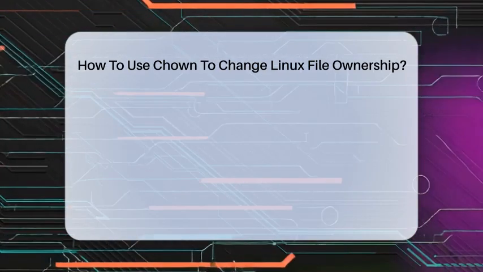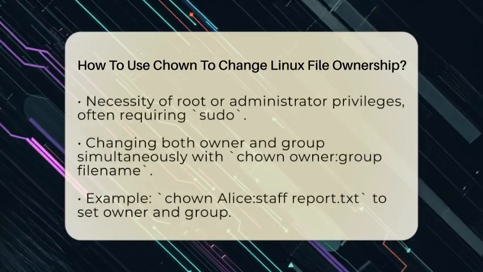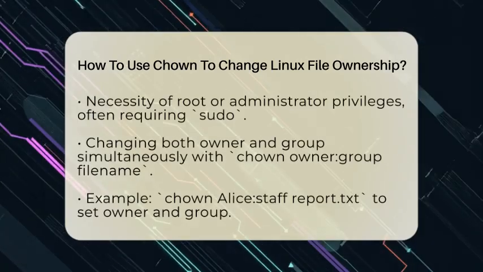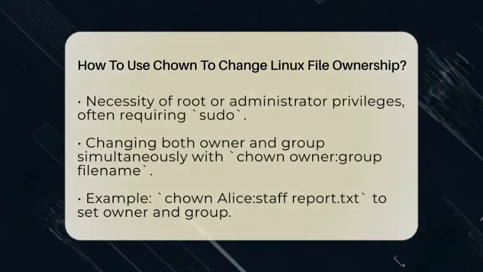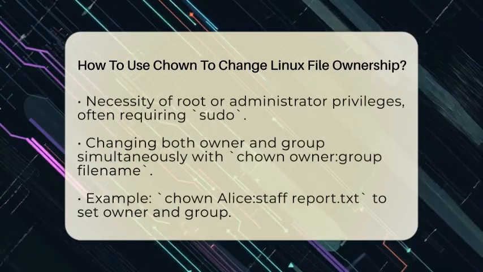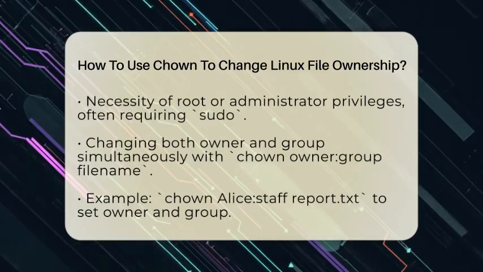To change the owner of a file, you just type chown followed by the new owner's username and the filename. For example, if you want to make Alice the owner of a file called report.txt, you would type chown alice report.txt. This command needs to be run with root or administrator privileges, so you might need to add sudo